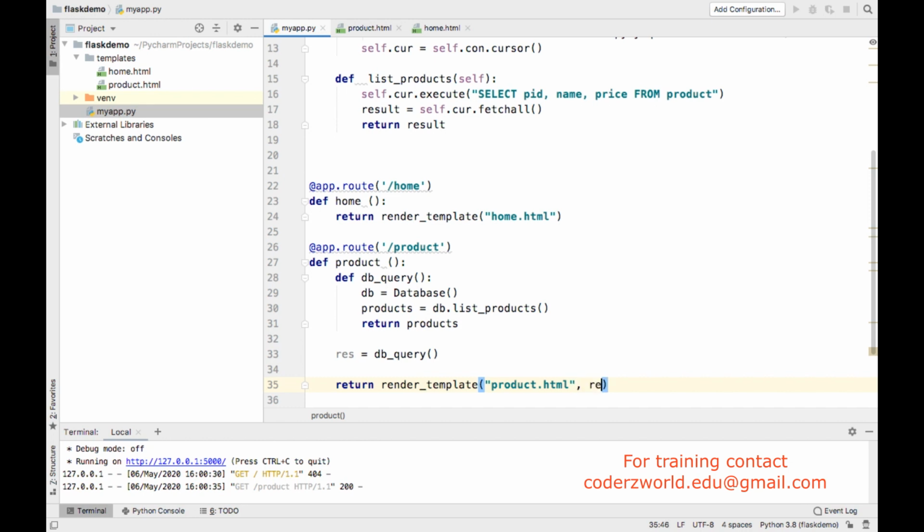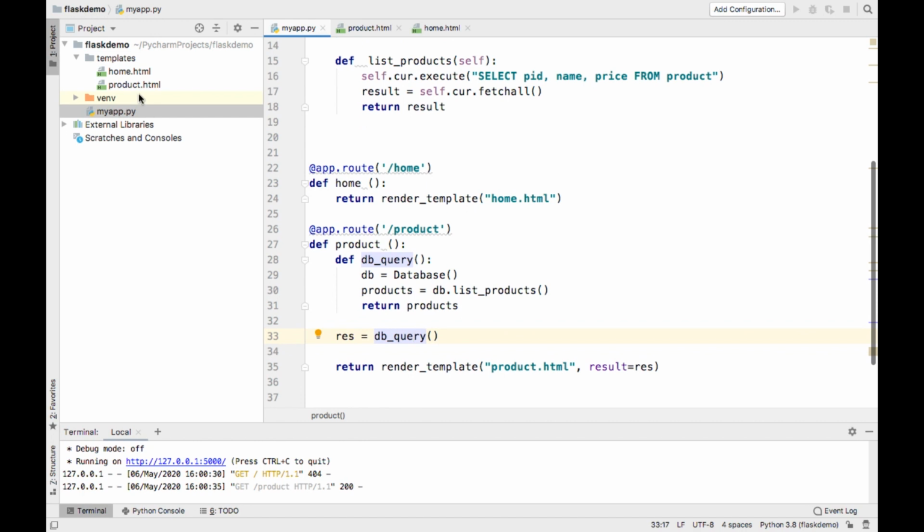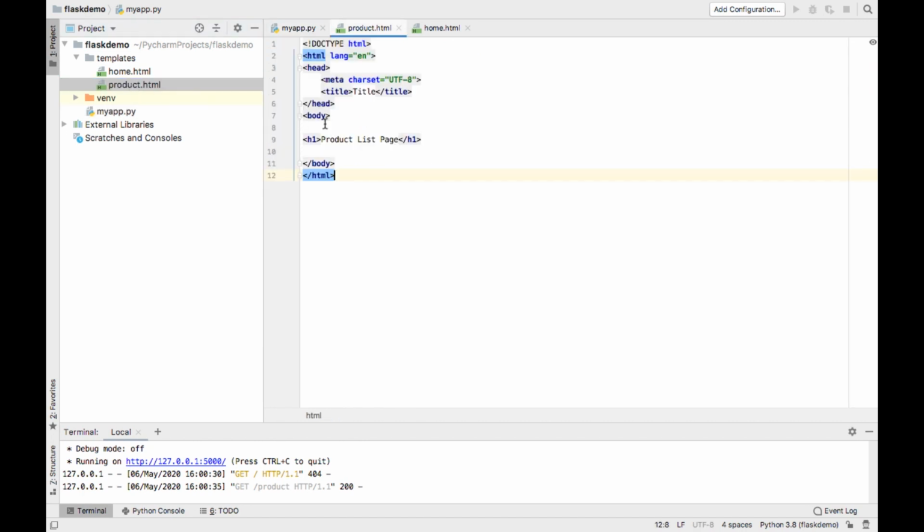So here we can pass result equal to res. Here we are executing this particular function, and that provides the data, and that we are passing to the template rendering. Okay, and here in the template we can get that information.